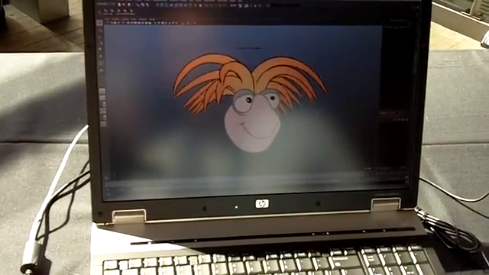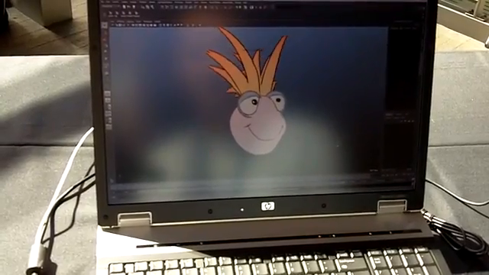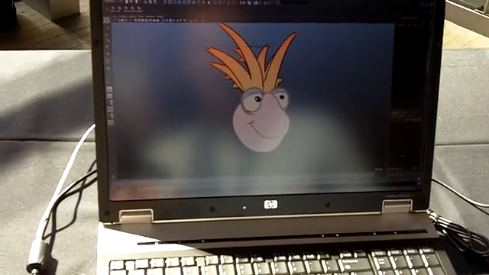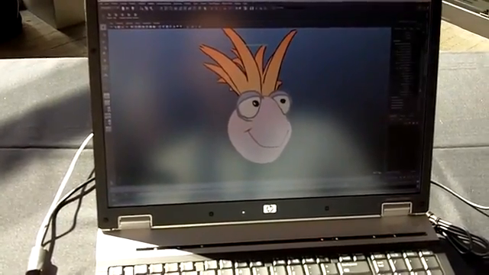Here's another example of a toon render, and you can see if I push play here, I've actually got some animation, and you can see how those outlines will actually update based on the animation. I've also got a variety of controls in here that allow me to actually animate different parameters